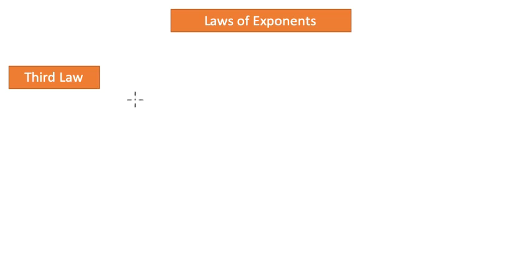The third law of exponents, or the third rule of exponents, is this: if I take a number a to the power m, which is a number in exponent form, and I raise a power n to this number itself, how do you deal with this situation? The third law states that when you are raising a power to an exponent, the powers get multiplied and it becomes a new number, a to the power m times n. Okay, let's take an example. Let us put a number to it.